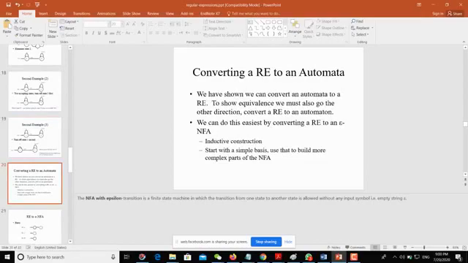Converting a regular expression to an automata. Okay, so far we were converting automata to regular expression. Now our job has changed. You may call it a reverse job. Now we will convert a regular expression to an automata. But before starting this new phase, converting it back from regular expression to automata,